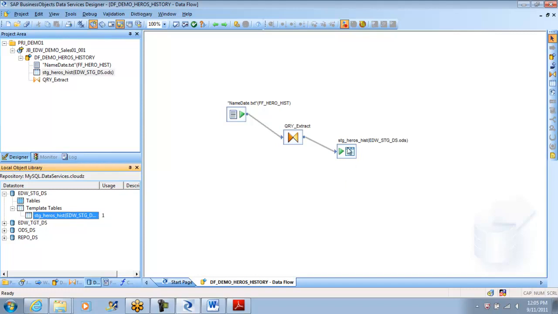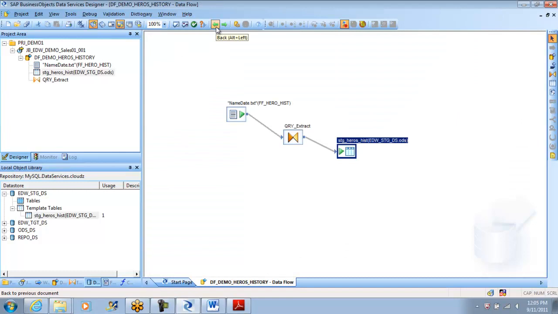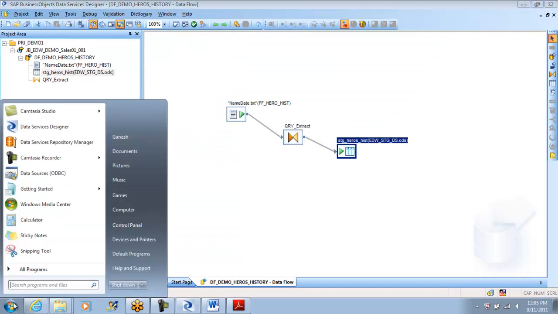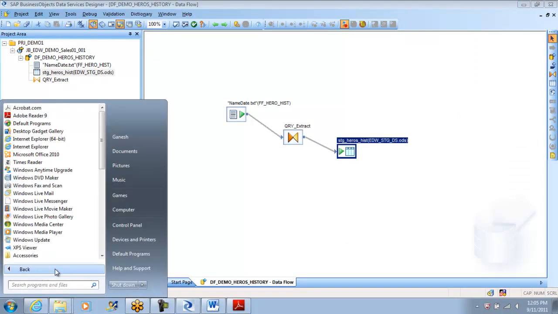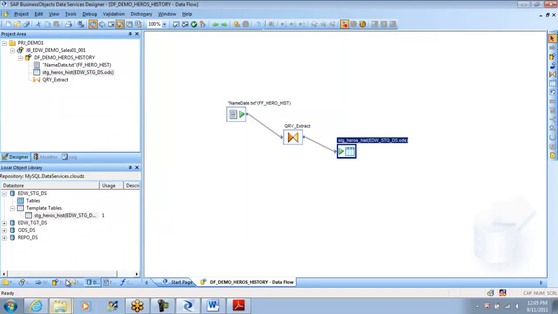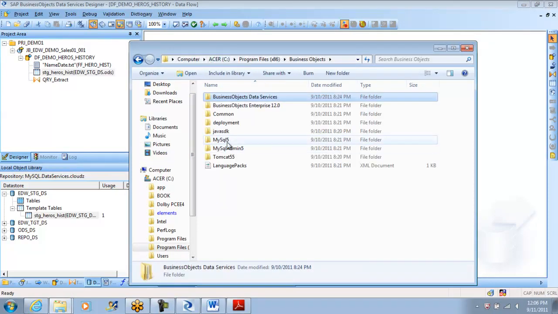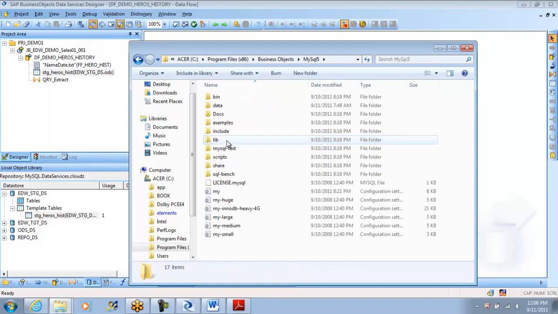Why is it not showing is a big question mark, because it is taking too long. I don't have more patience, so let me hop on to my SQL prompt and I can get it out from there. Where is my SQL prompt? That is again a big question. So if I go back into data services, if I go to one more folder, I have it here.